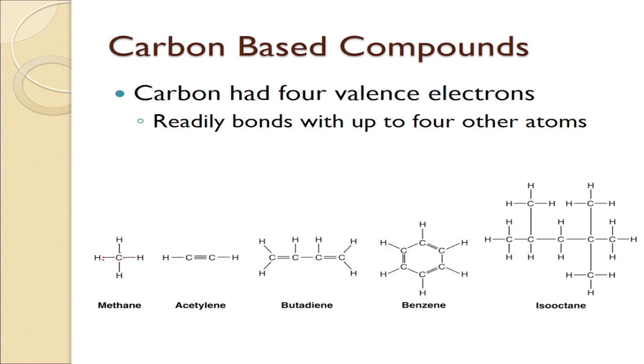So we're going to count the electrons. We have 1, 2, 3, 4, 5, 6, 7, 8. For this setup, carbon was able to attain a stable configuration. That's how it is possible.